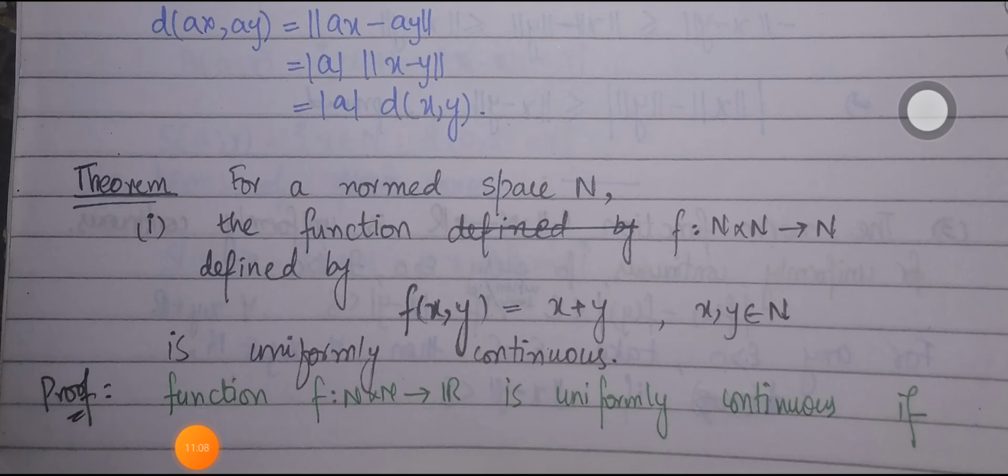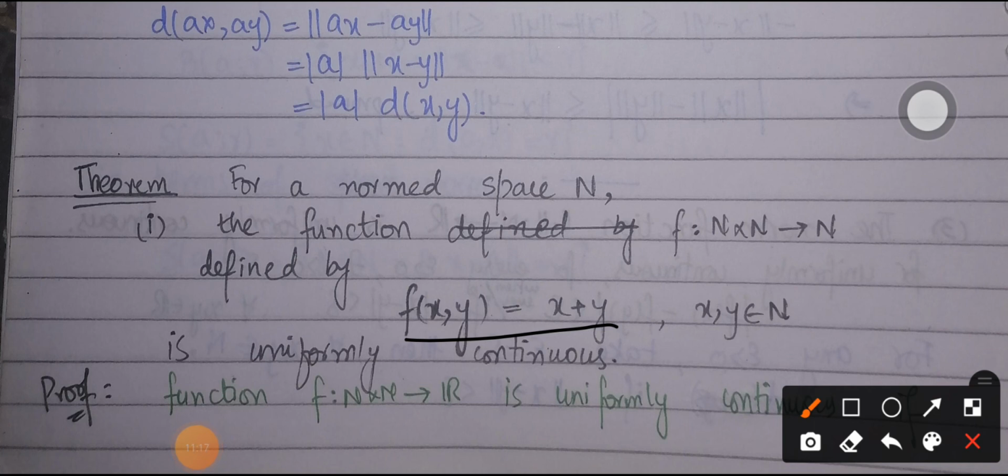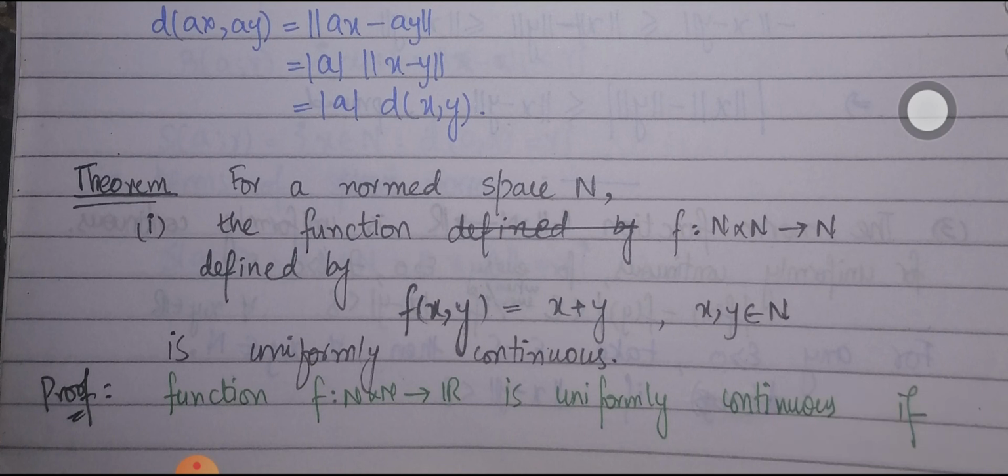Now we have another theorem, that for a normed space N, the function f from N cross N to N defined by f of x, y equal to x plus y for all x, y belonging to N is a uniformly continuous function. So here you can see that we have a function depending on the two variables x and y. So how can we define uniform continuity for such functions? Here we have a brief review of it: a function f from N cross N to R is uniformly continuous